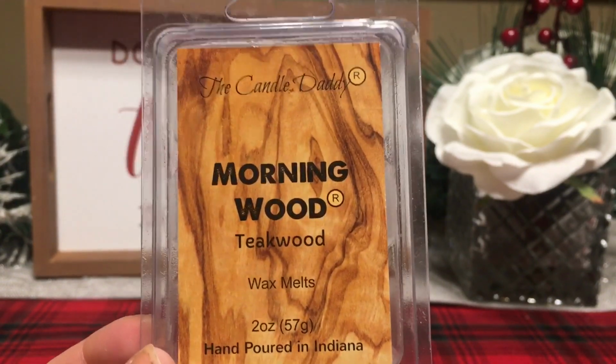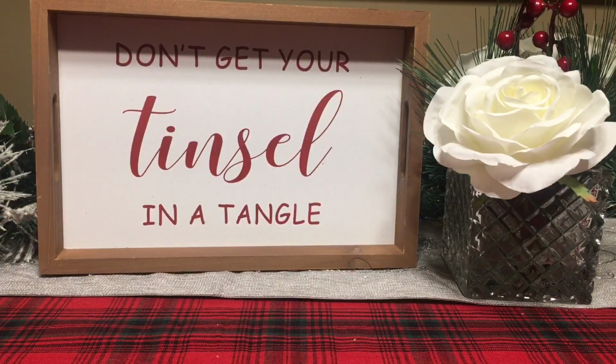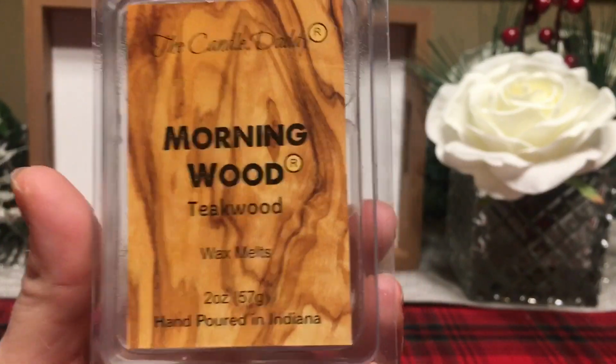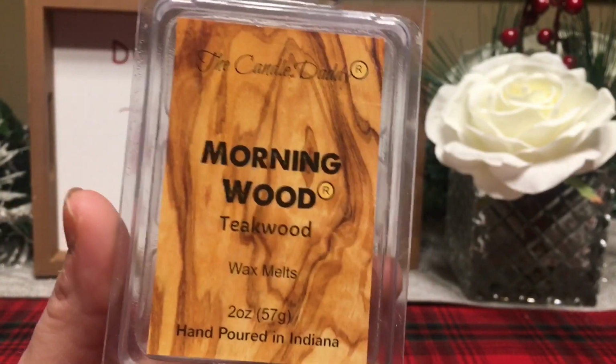This is what that is for me. I don't know what this is. It was just really, really good. It's teak wood. I've never actually had or owned anything made of teakwood. But this smells like a really sexy men's cologne that I would wear, because I was that